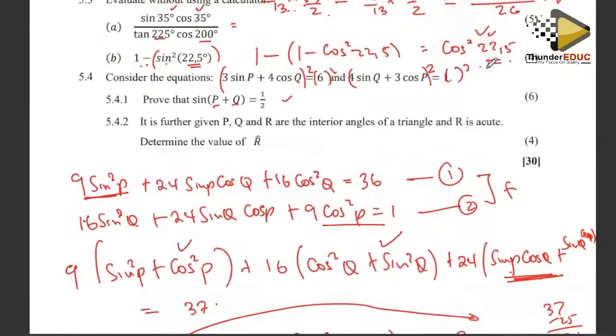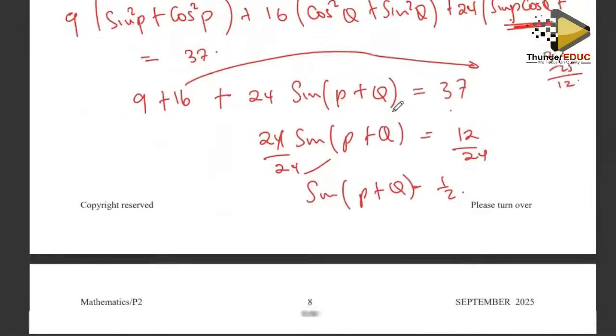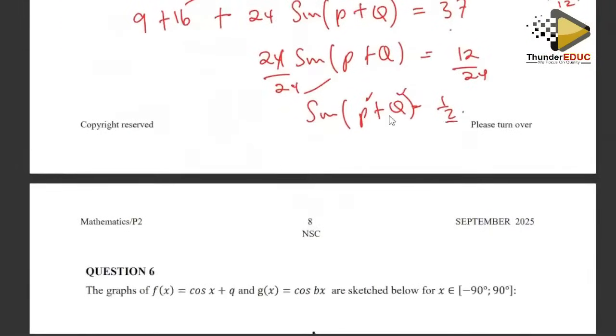If it's further given that P, Q, R are interior angles of a triangle, R is acute, they want us to get the size of R. Now we know that P plus Q is equal to a half. Because we know that P plus Q plus R must give us 180 degrees, meaning that if we can get R, it's going to be 180 minus the sum of P plus Q,